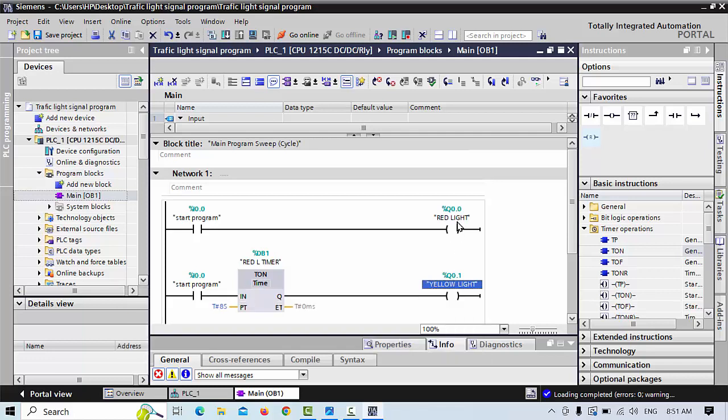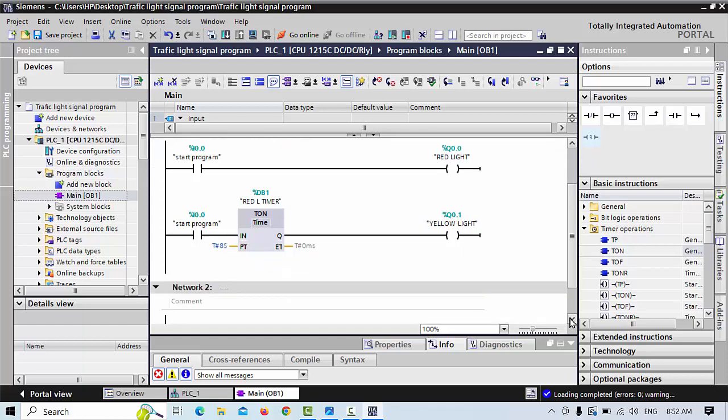Because when the red signal is already in red condition, after first time when it has to go to green, firstly starts the yellow light, and after some time the yellow light stops, after that runs the green light. And first we give this name yellow light Q0.1, and in the third row we will use